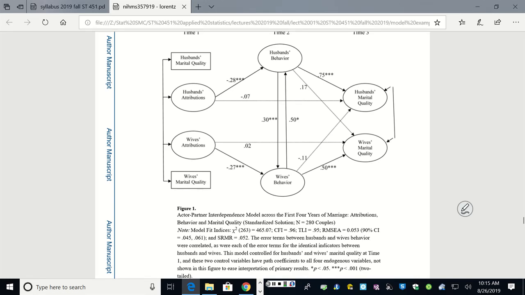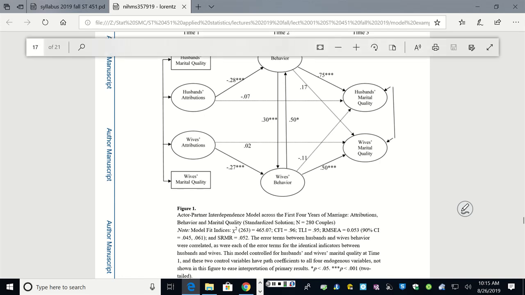And they find that these things are statistically significant, and so how people are thinking about what the partner is doing and what the partner actually is doing have both a direct impact on marital quality, but some of it is through what is called mediation. The strength of the relationship is affected by how these things go. But so that in a way that's a model of a very complex